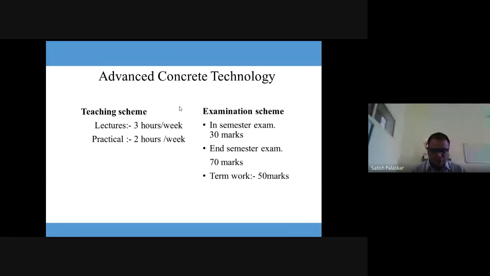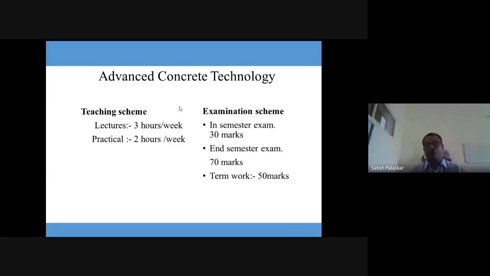When we go for the unit number 2, there will be different types of concrete, like structural lightweight concrete, ultra lightweight concrete, vacuum concrete, mass concrete, waste material based concrete, sulfur concrete, high strength concrete, or high performance concrete. And the recent development is the geopolymer concrete. Okay, so these are the different types of the concrete. That part will be included in unit number 2.